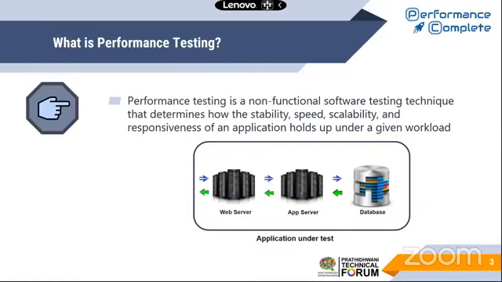So when you try to log in to your application, it takes around 5 seconds or 10 seconds. Just imagine that all those 10 seconds are spread across 3 servers. It might be spending 2 seconds in the web server, 3 seconds in the app server, and the remaining 5 seconds in the database server. So when you hit a performance issue, that issue can be on any of the servers. It can be on the web server, app server, database, or maybe on the network side. That is where performance testing really comes into the picture. You cannot easily figure out where the issues are, so you have to do proper testing and analysis to understand these kinds of issues. And that is where tools like JMeter and LoadRunner come into the picture.